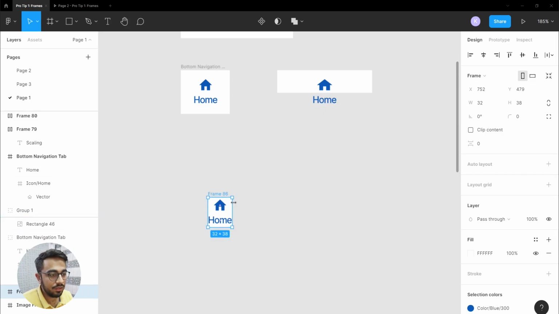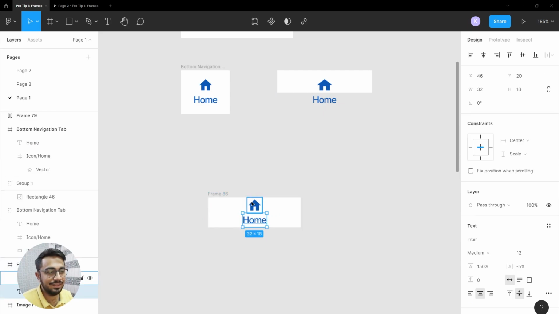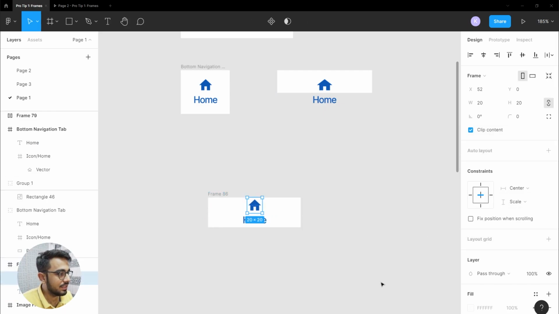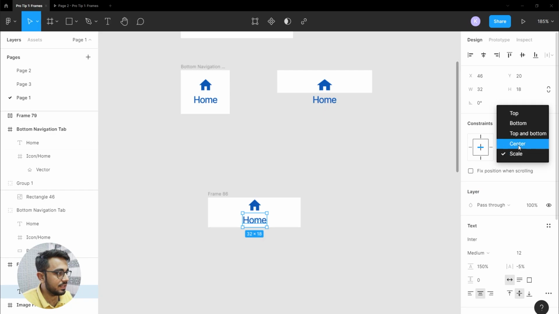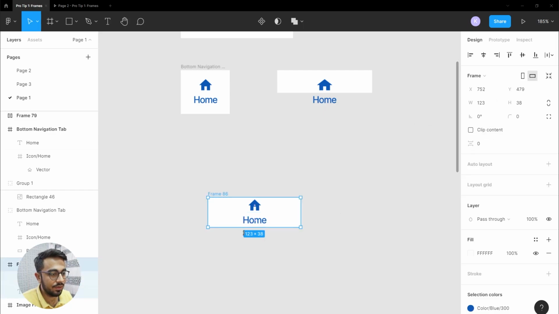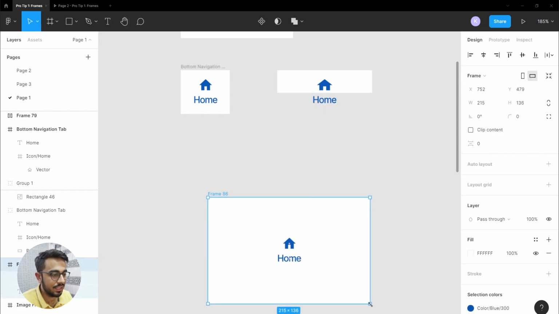And if you want to scale this frame, so this is pretty much acting in the way I wanted it because these constraint properties are set to center. I would just change this to center as well, so that whenever I scale it according to height, it doesn't get altered as much, right? So these two elements will stick to the center no matter how much I increase it.